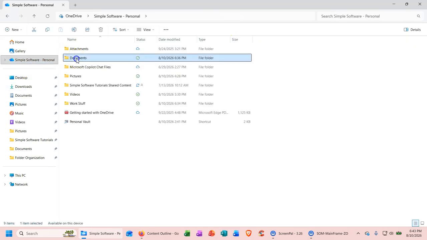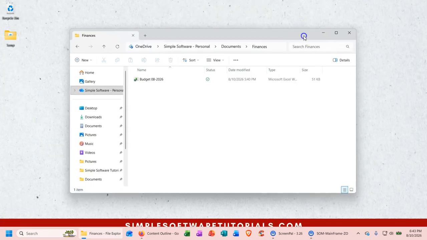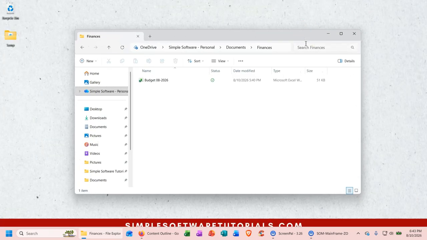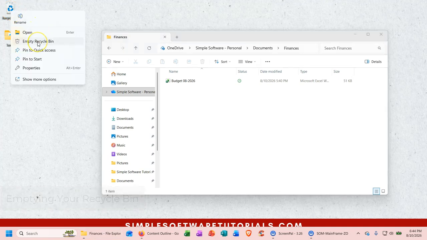I can go into Documents, Finances, and there it is. So that's just reinforcement for naming your files something that's easy for you to remember so you can easily search for it later. And lastly, if your recycle bin is full, right click, empty recycle bin,